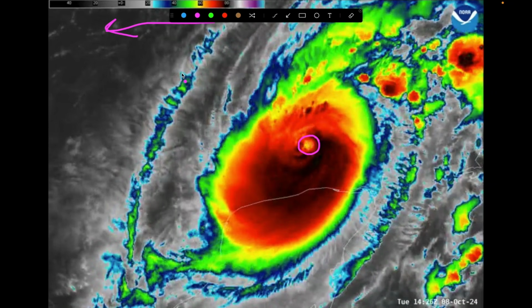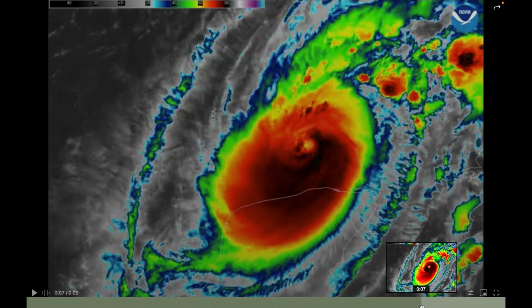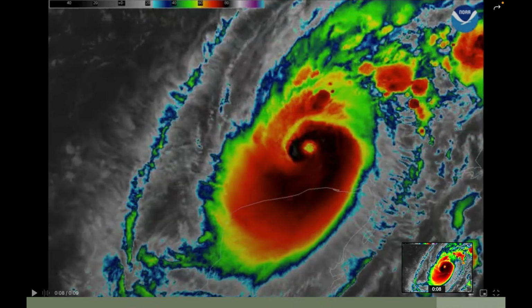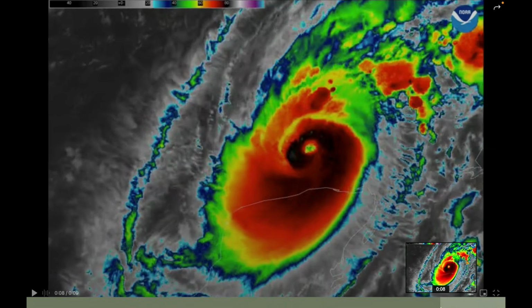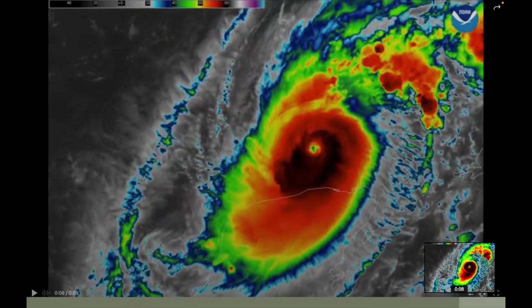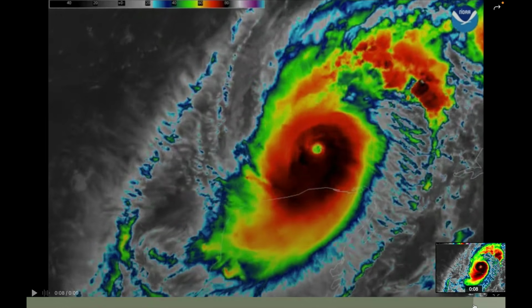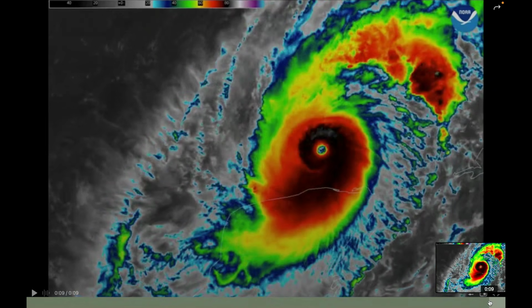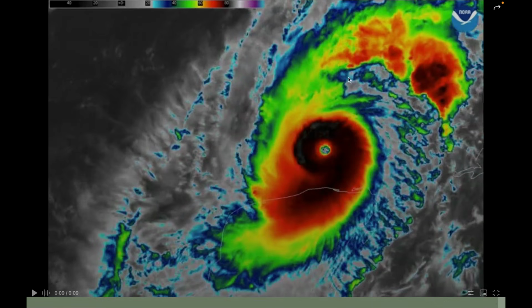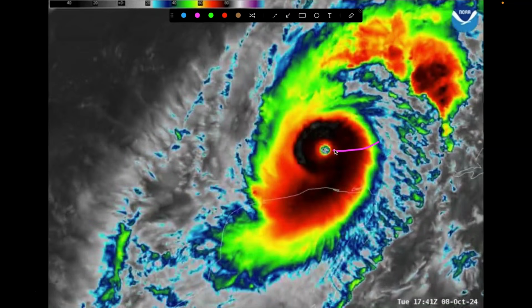So watch what happens here with the eye with time. You see that eye starts to become a little bit more well-defined, a little bit more yellow in the eye, and then we start to get some greens and blues indicating warmer temperatures. And then by the end of the loop, that eye is very, very well-defined, and we start to see even warmer temperatures within the eye. We start to see some of those grays, indicating temperatures near about 0 degrees Celsius within the eye, showing that the eye has warmed quite a bit since the start of the loop, surrounded by those very cold cloud tops